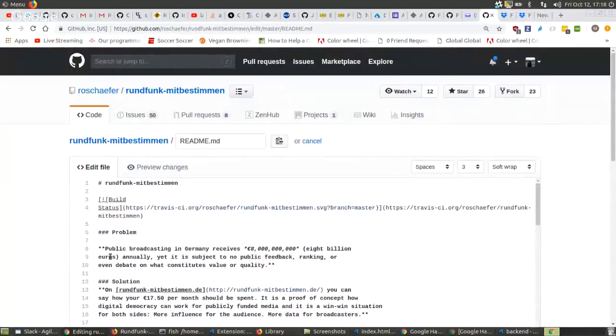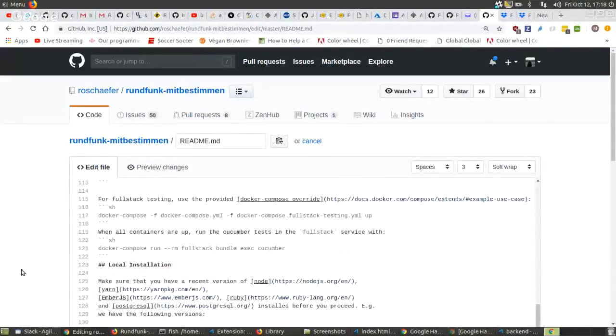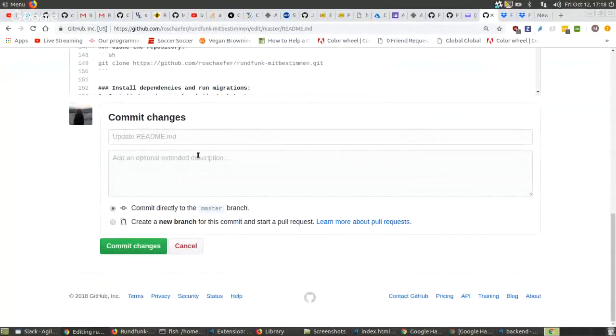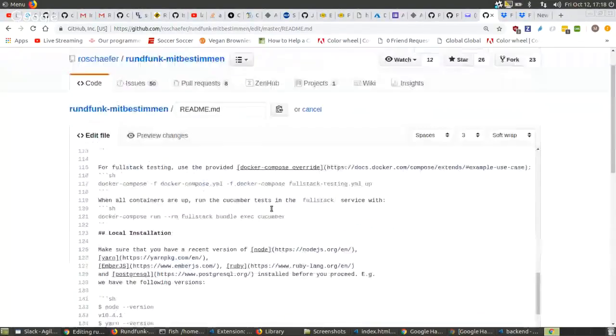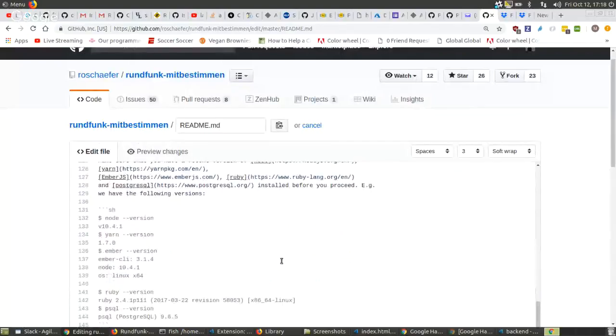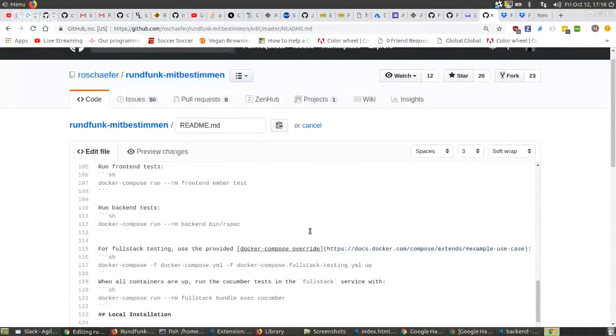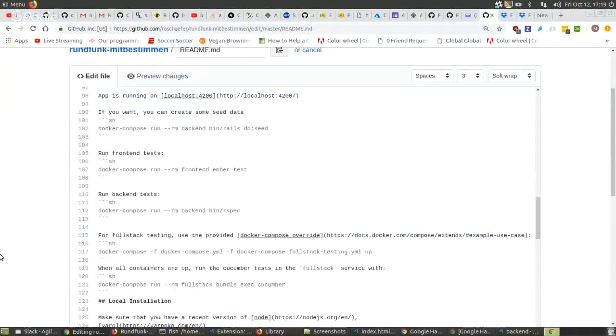How do I add photos? Normally there's a thing here that's like, select from your desktop or from your computer.